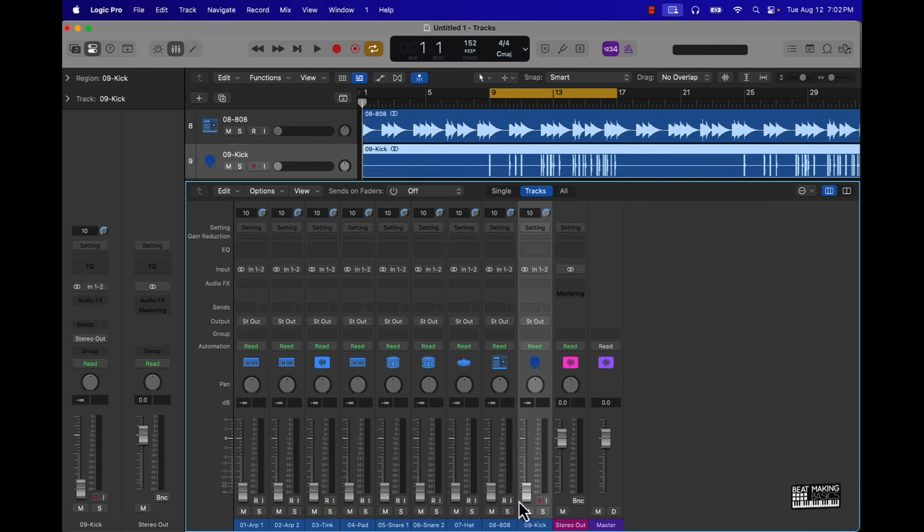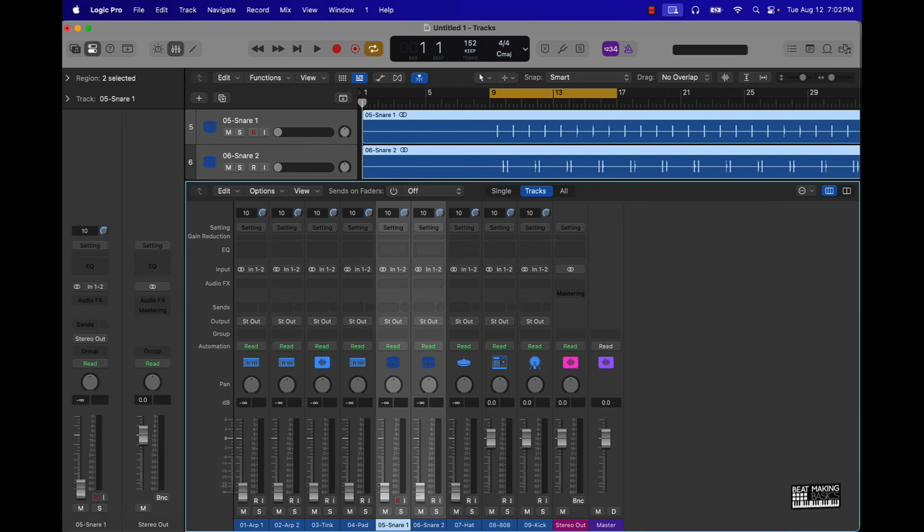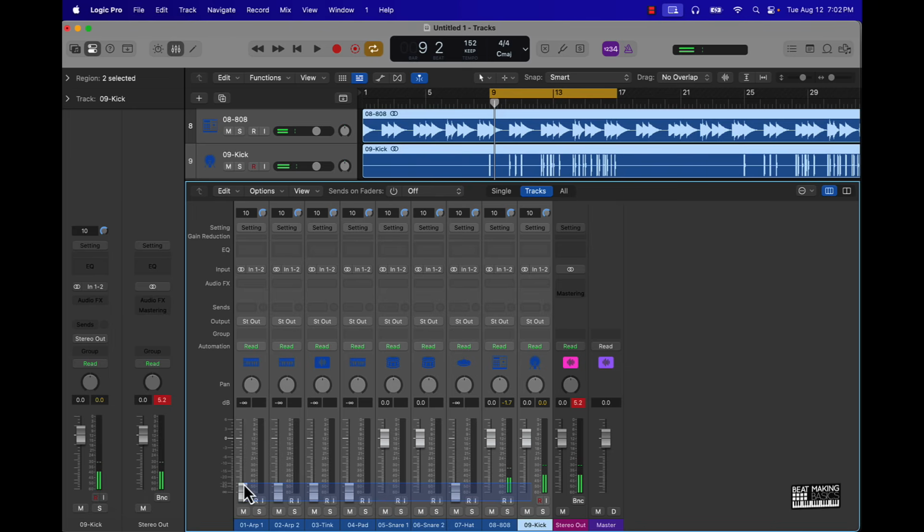You want your drums to knock. You want your 808 and your kick and your snare to be the highest thing in the mix. So I would just go ahead and take these up here and take the snares and bring them up like that. Let's just see how that sounds. It looks like it's hitting a little too hard, so we're gonna just